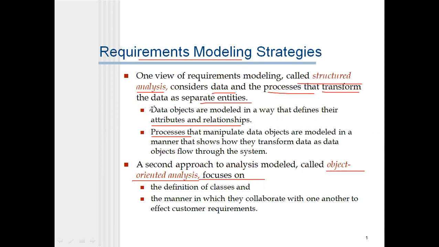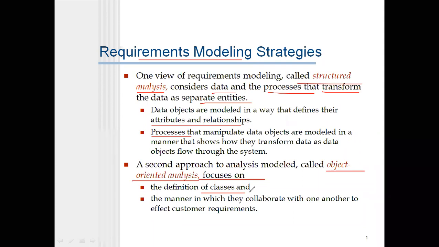In object oriented analysis, we are going to define the classes. One of the features of OOPS concepts is the class, isn't it?